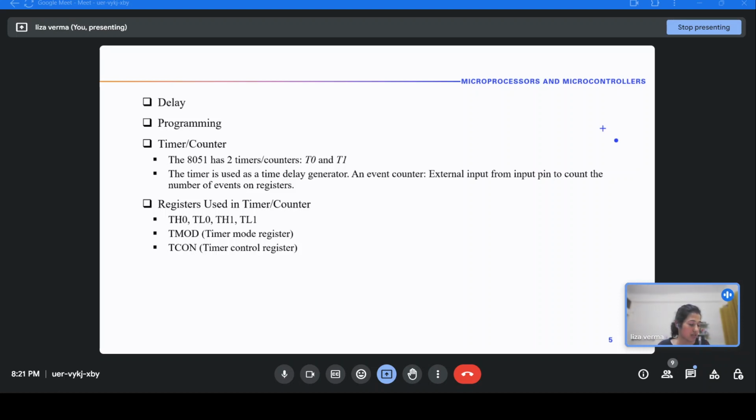Actually, the counter/timer bit should be written as C slash T bar because of the operation of the bit. If this bit is high, it means it is working as counter, and if it is low, hence T bar, it will work as timer. Then M1 and M0 identify the modes in which the timer is working. Then gate. Gate is